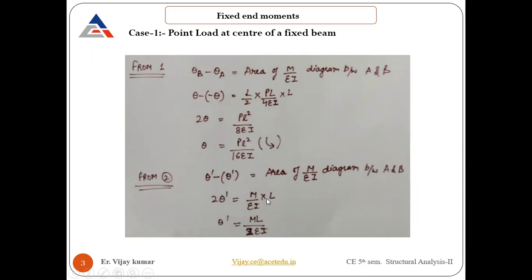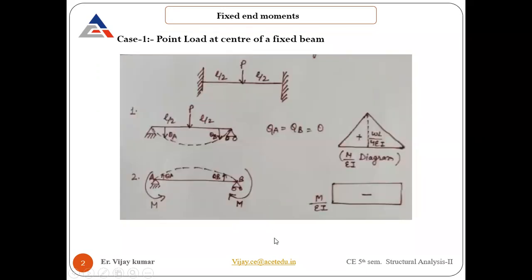Now the major part is coming. If you see, this is the actual beam for which we need to find the fixed end moments, the moments which are provided by the support. Actually there is no slope taking place in the beam. Yes or no? Yes. It means the sum of these theta should be equal to 0. It means I can say the area of this M over EI diagram will be equal to the area of this. Yes, it will be there.